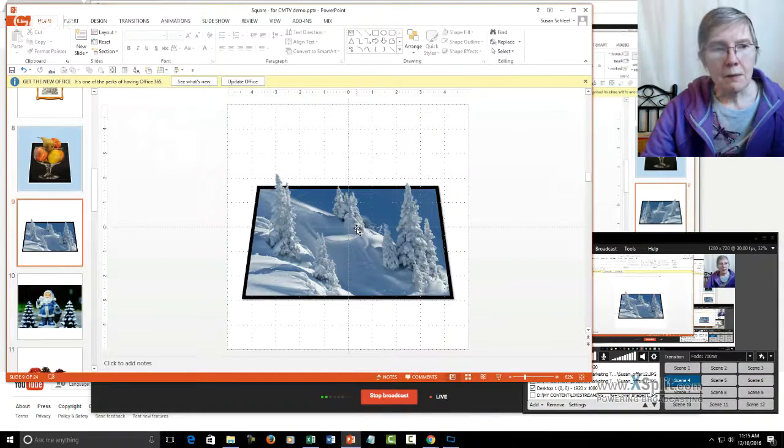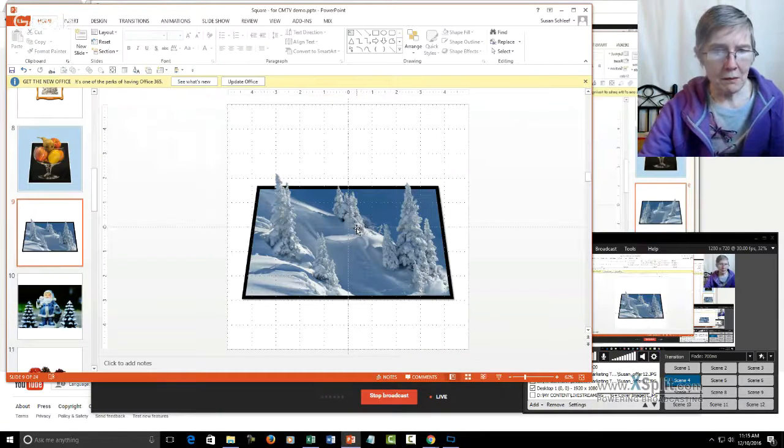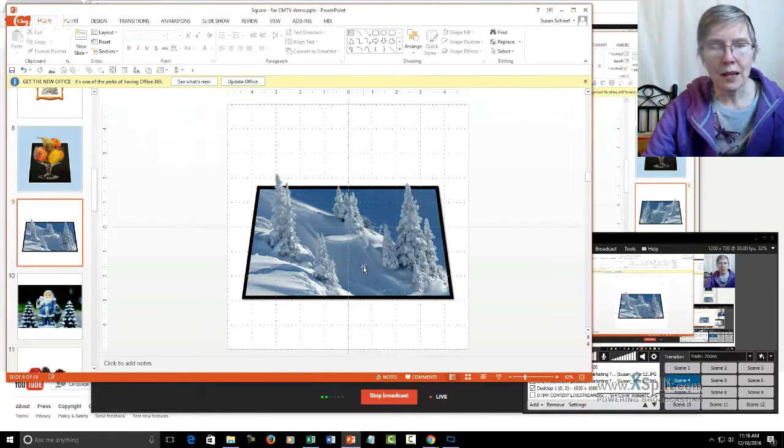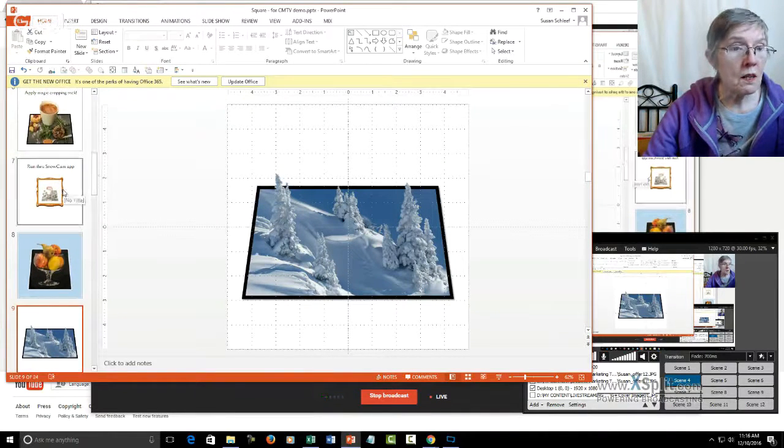And it seemed like a really cool idea, but I discovered a couple of things that make it really not the best idea to try and combine this technique with the snow cam effect. They're both good effects, but together they don't work so well, because what happens with the snow cam, and I'll go back and show you on this one,